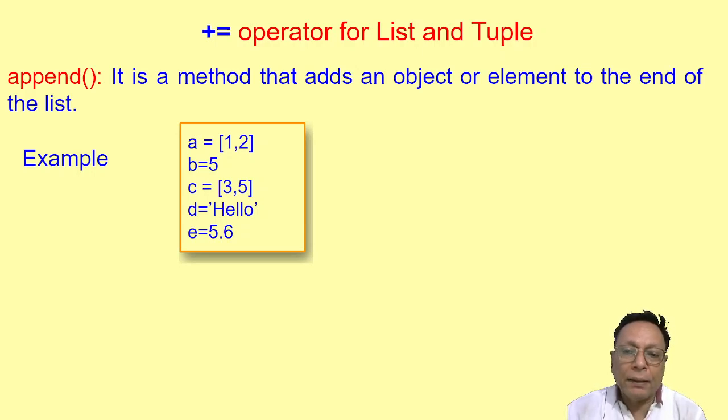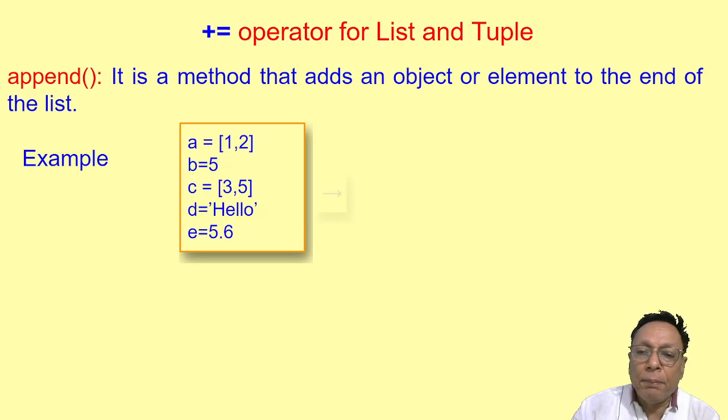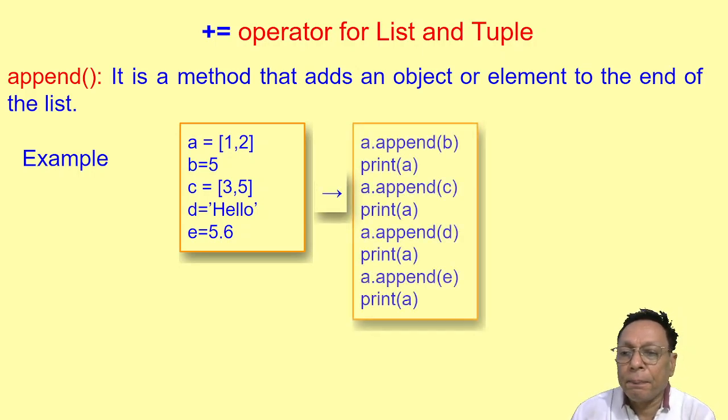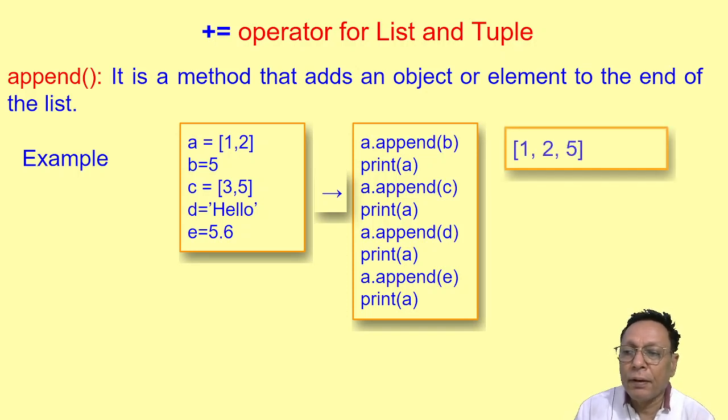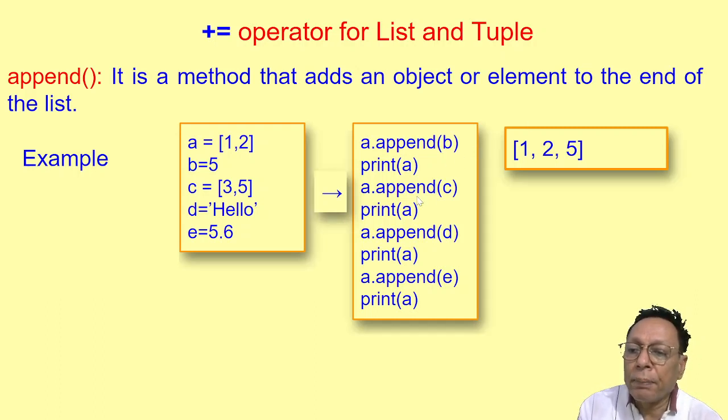When you apply append, if you apply A.append(B), it should give what? [1, 2, 5]. Since the list has come from A.append(B), the current value of A is [1, 2, 5]. Now, if you apply A.append(C),